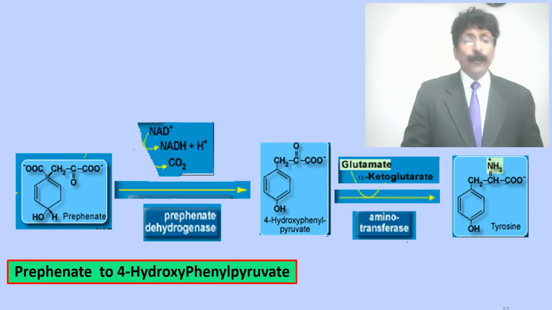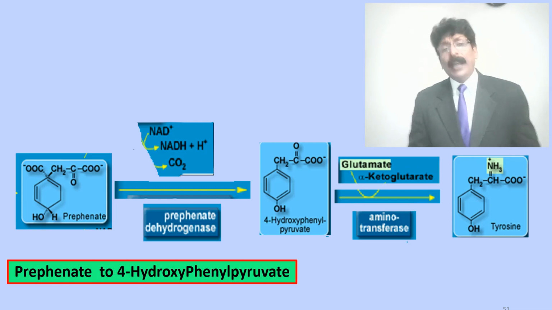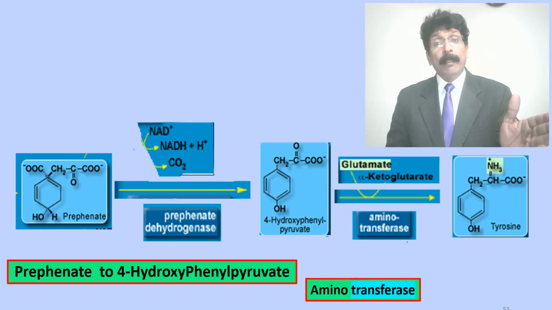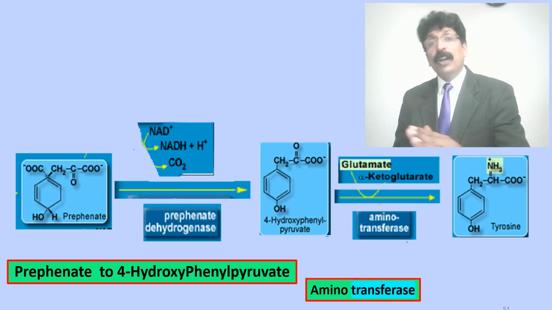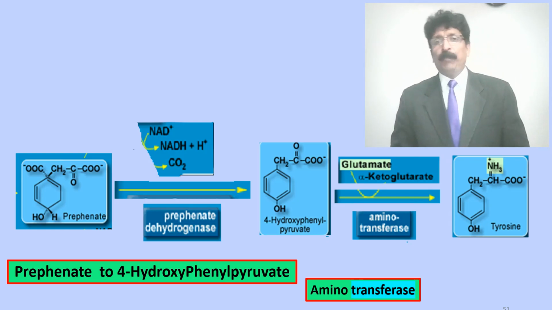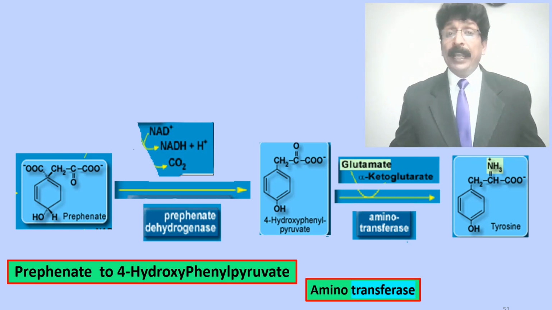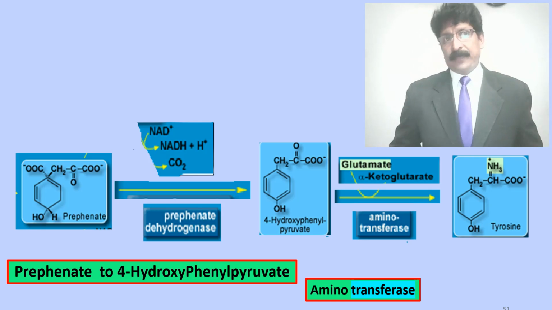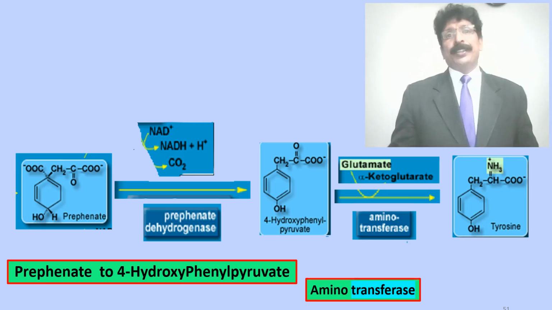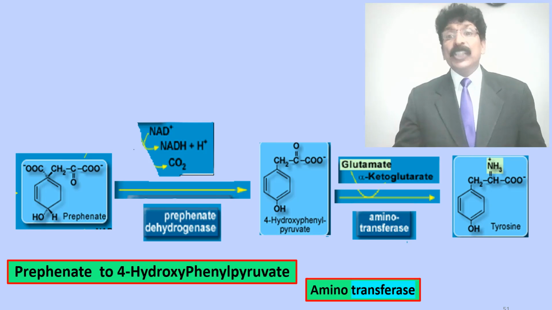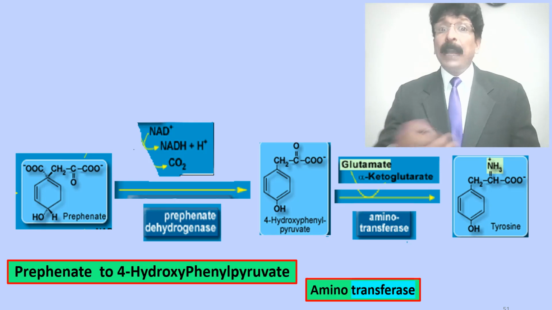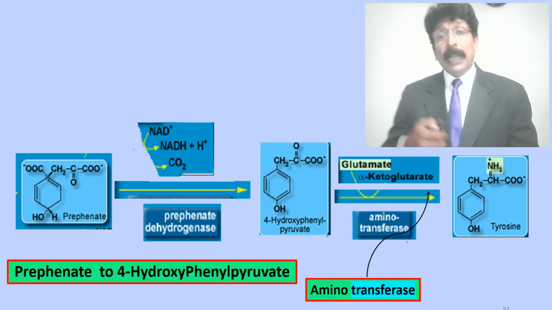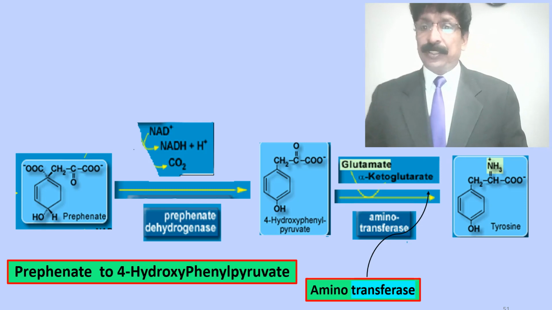So prephenate to 4-hydroxyphenylpyruvate conversion, and addition of an amino transferase is very important by means of the presence of glutamate. It contributes the NH2 group, replaces the C double bond O and gives the amino group, and you will get